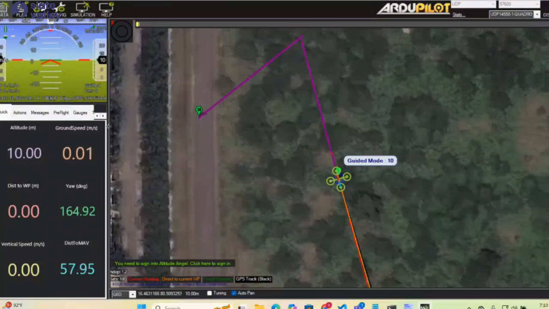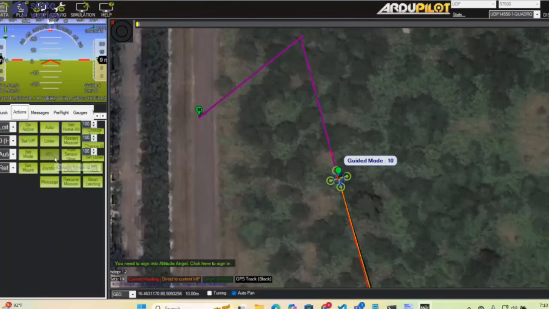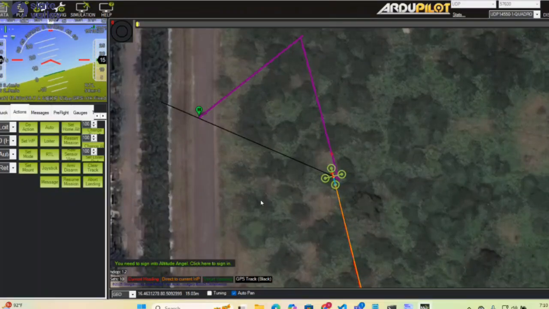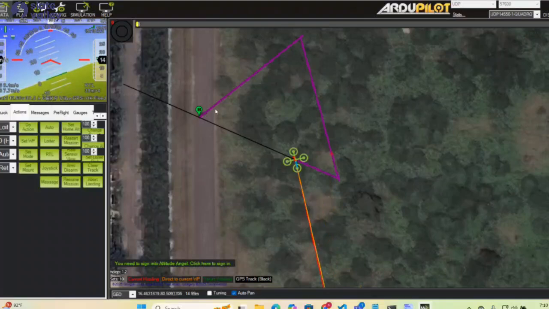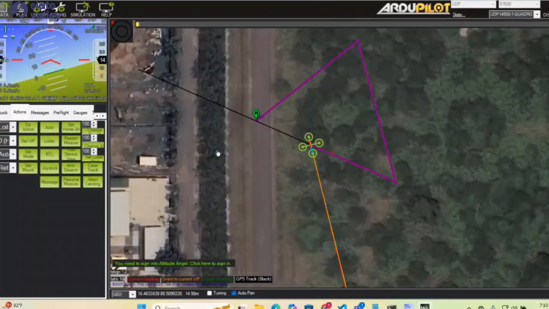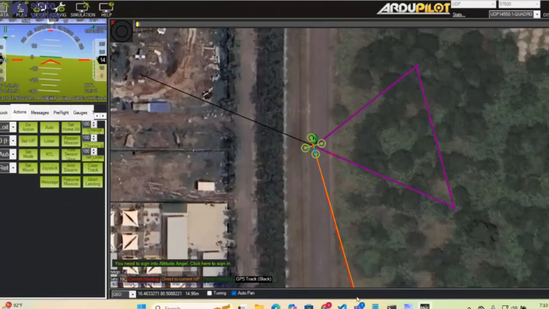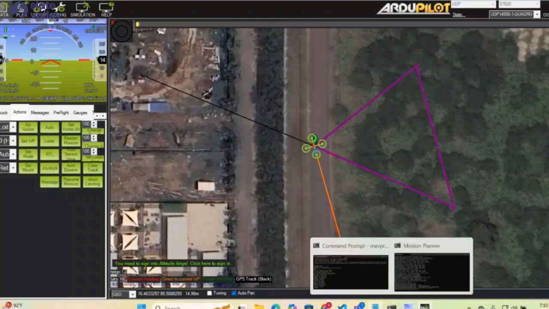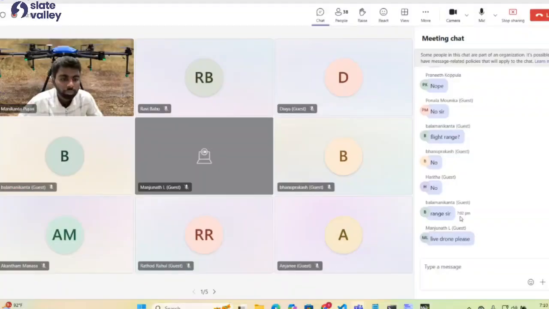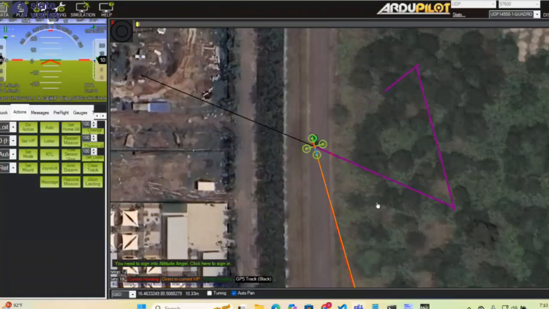Now here in actions, there will be RTL. RTL stands for return to launch. If you click that, the drone will come to the home position automatically, the place where it took off. So here after it is landing,